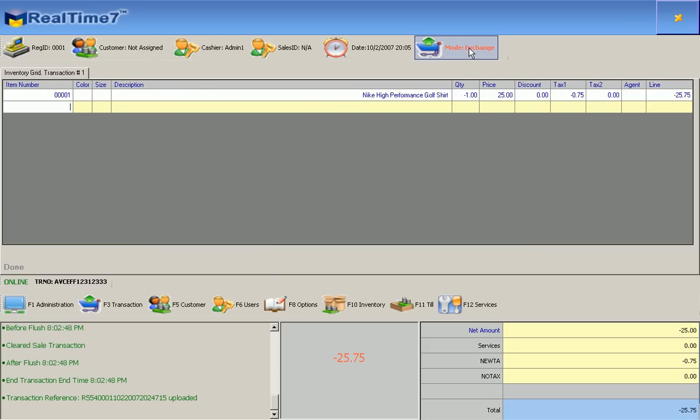You will note the mode is now exchange. By default, the item that is to be returned should have a quantity of -1. Now, whatever item is to be exchanged should be entered into the transaction. You can scan in the item, key in the item, or search for the item that is being taken back by the user. For example, if the user brought in a Nike high-performance golf shirt,